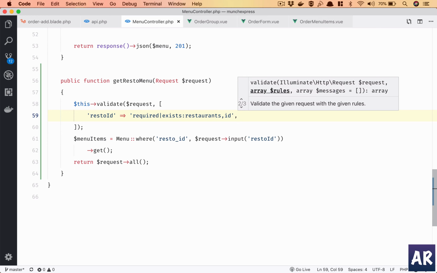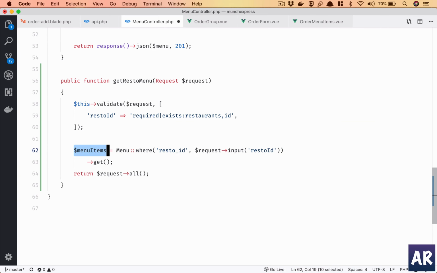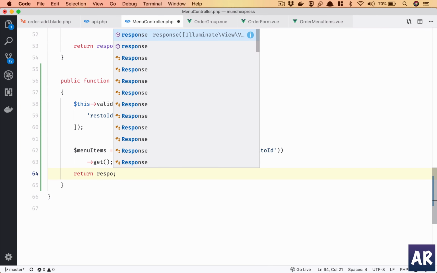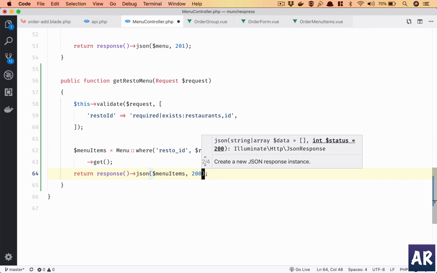Should work. And once that is done, I'll send a response which is a JSON 200. Okay, let's see